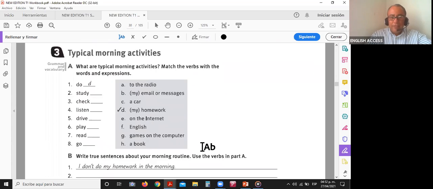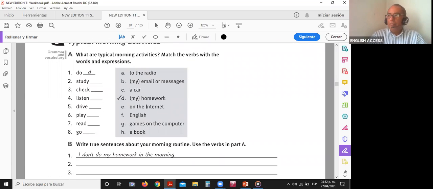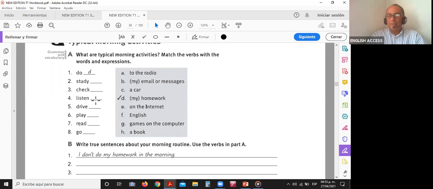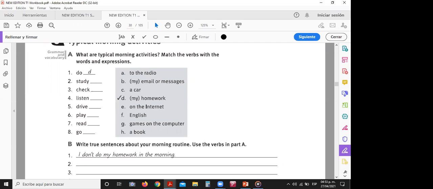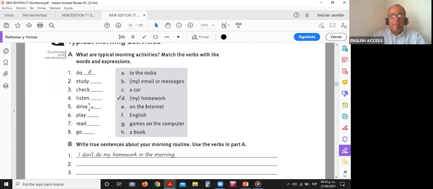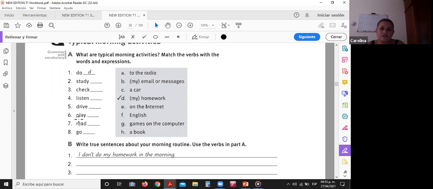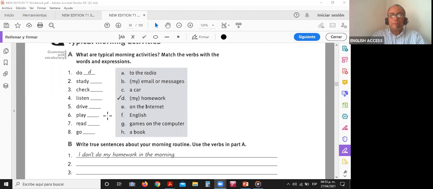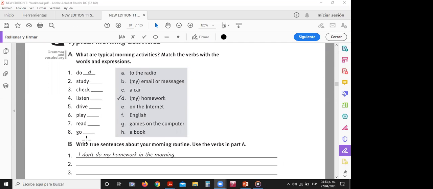Very good. Next activity, match here the verbs with the action. Number one. What is number one? Do homework, I guess. Yes. Number two, study English. Check email or messenger. Very good. Listen to the radio. Drive a car. Play games on the computer. Read a book. And finally, go